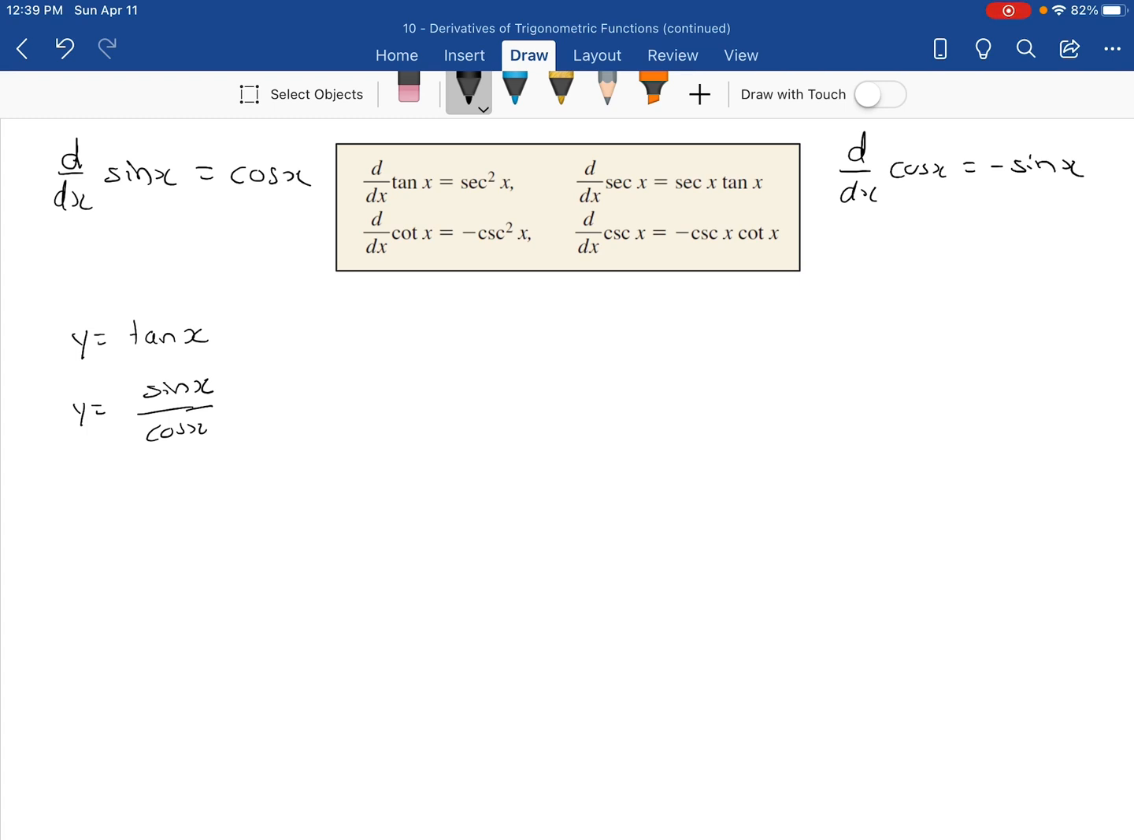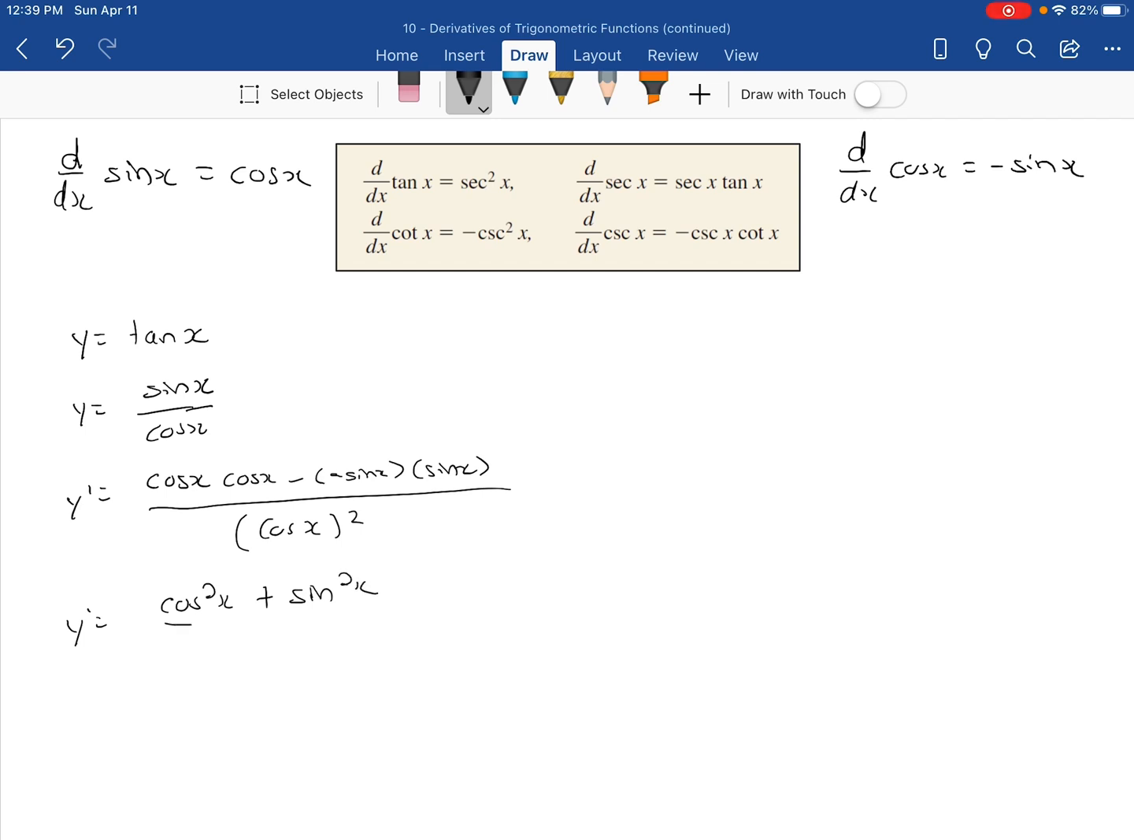So we want to take the derivative of tan. We go derivative of the top. The derivative of sine is cos times the bottom, minus derivative of the bottom. The derivative of cos is negative sine times the top, which is sine x, all over the bottom squared. And so what I get on the top when I do some simplification is cos squared x plus sine squared x,